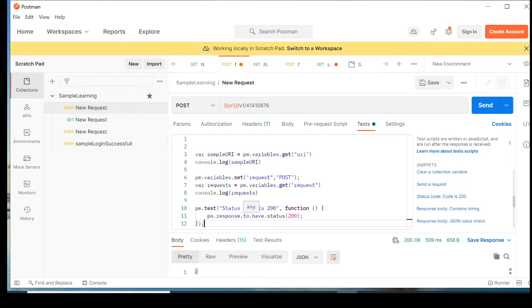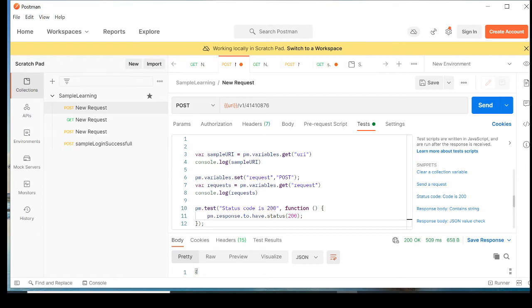We have discussed this in Cypress as well, right? If you have gone through the Cypress lecture, there are validations you can do using .to.be.equal, .to.have.length, or .to.have something. The same way, because that's based on JavaScript, this is also based on JavaScript. You'll see this is how you create a function.